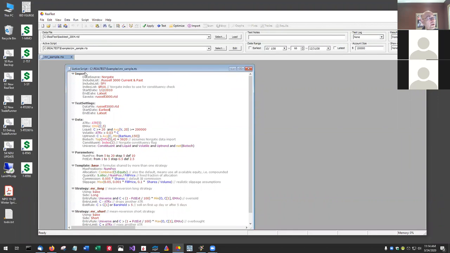Right, and then there are these different main sections of a script, like the import, where you define the import. I've got complete integration with Norgate, so I have the index constituency and everything. Oh, that's nice. Yeah, I had written a hack so that I got Norgate data via OmniBroker, but I didn't want to require users to have OmniBroker. But just a couple months ago, Richard at Norgate gave me access to the API, and I did a full integration. And if I ever decide to market this thing, he's ready to add it to the NDU